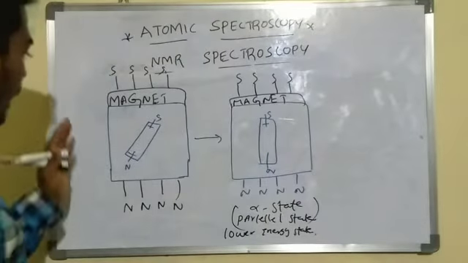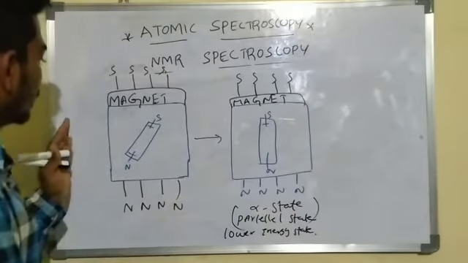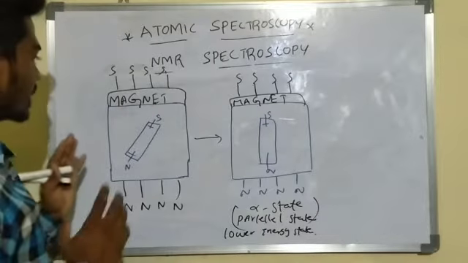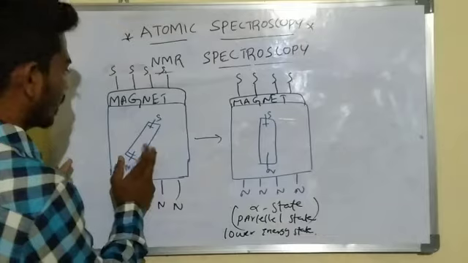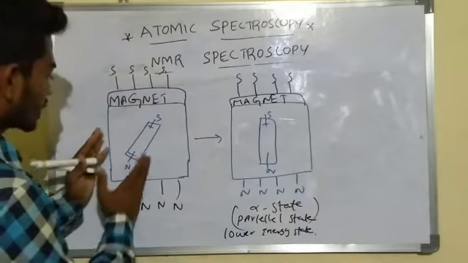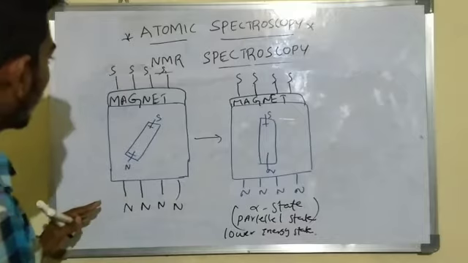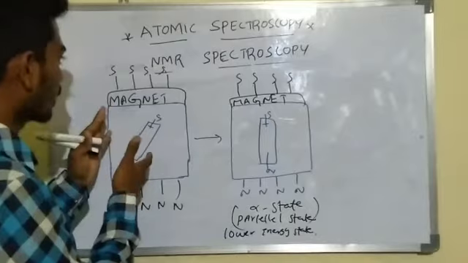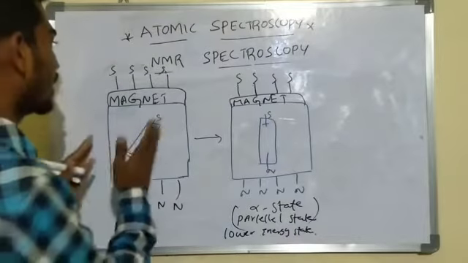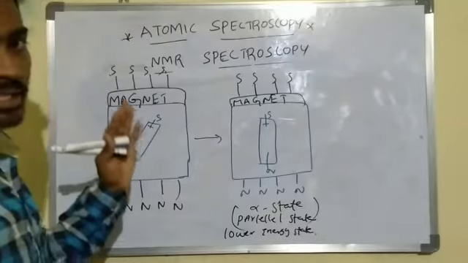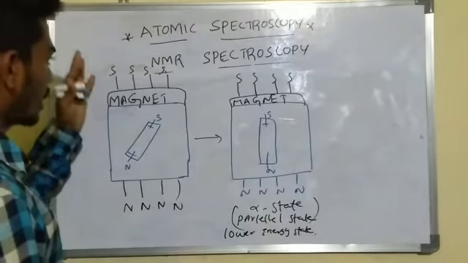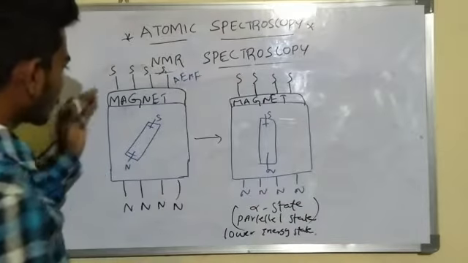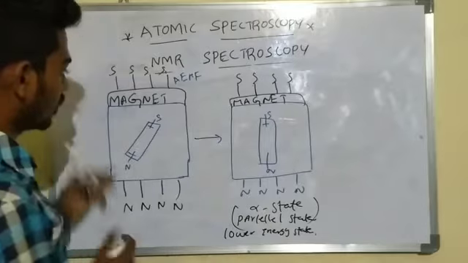Let us consider an NMR chamber. This NMR chamber always contains a magnet. We are considering an atom, and inside the atom is a nucleus. That nucleus, a hydrogen atom for example, is placed in the chamber, where it is initially in a degeneracy state. We can remove that degeneracy by applying an external magnetic field. This is the applied external magnetic field. This is the north pole, and this is the south pole.